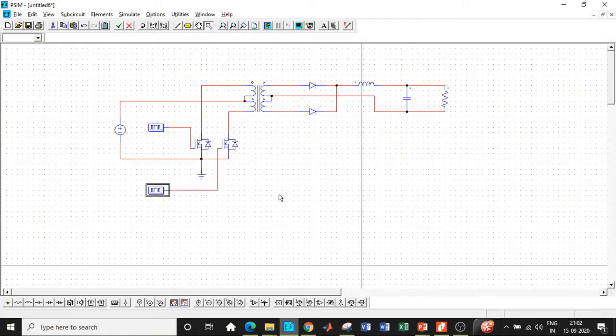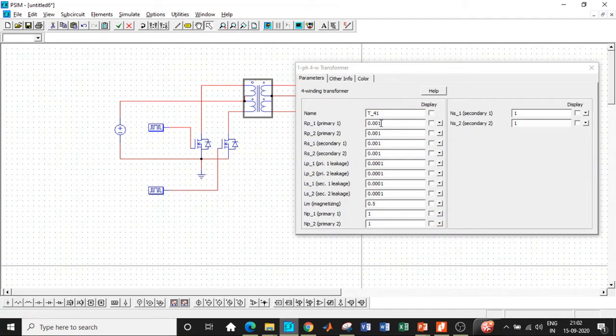And once that is done, now we will be entering the values of the transformer parameters. So we'll be choosing rp1 to be equal to 10 and rp2 to be equal to 10. We're not making major changes with respect to rs1 and rs2. For lp1, we'll be making slight changes with respect to the leakage inductance.